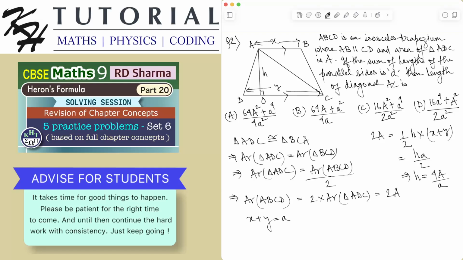Now, AOC is a right angle triangle. AC is the hypotenuse. I know h. If somehow I know the length of OC, I can find AC. How do I know OC? Now I know DC. Can I know OD? Yes, I know OD. In an isosceles trapezium,